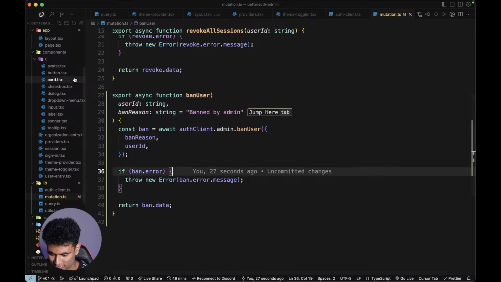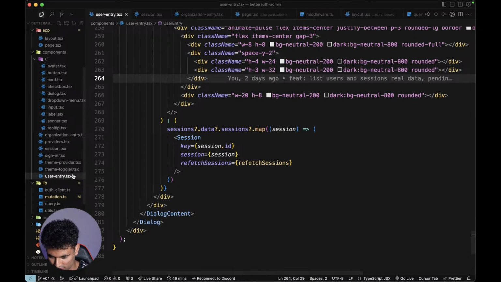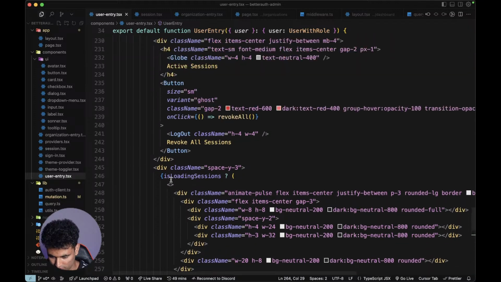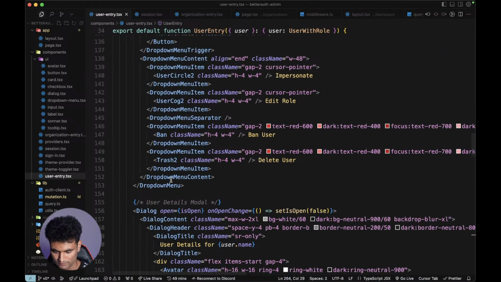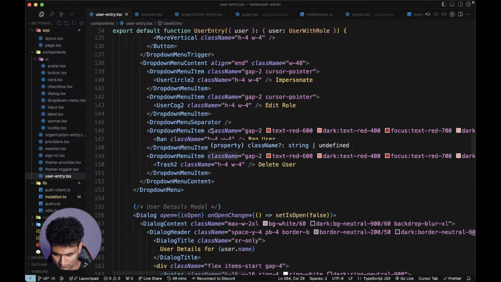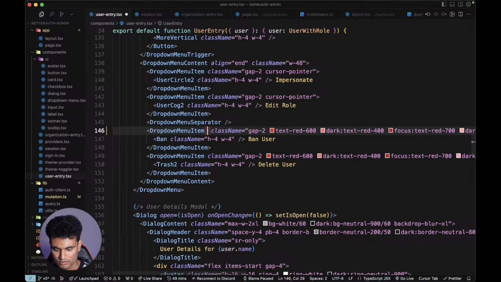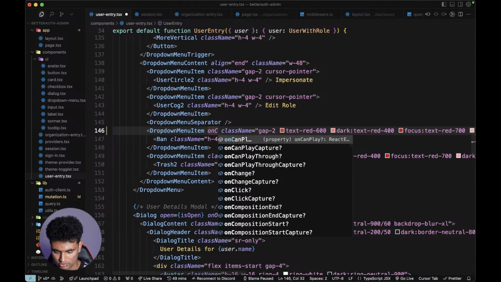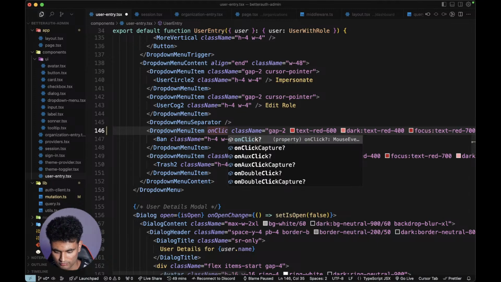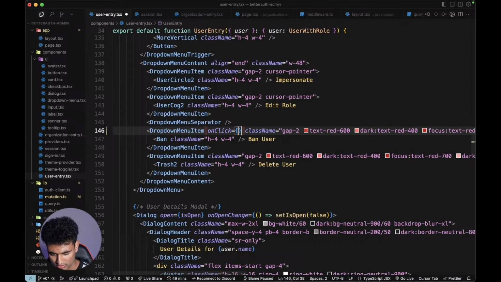Okay, so it's going to be pretty easy to implement this. Where is the component? Yeah, I think it's the user entry component, not sure. And here in the ban user I can simply say... should I do on click here or is it something else? Okay, I don't care. I'm just gonna do